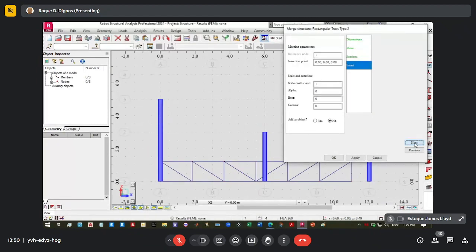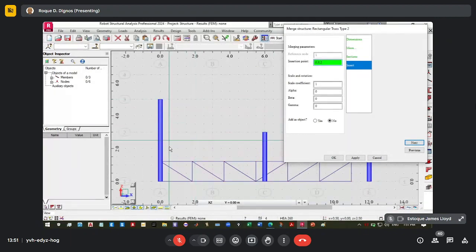And the next is the insertion point. So the top chord of the truss will be inserted at this level. We know that this is 3 meter height, so the height of the truss is 1 meter. Therefore, the insertion point is x 0 and y 0 and z is 2.